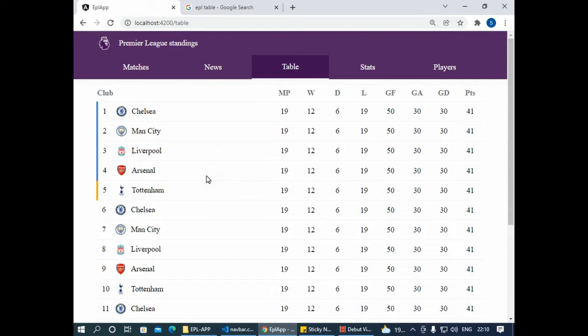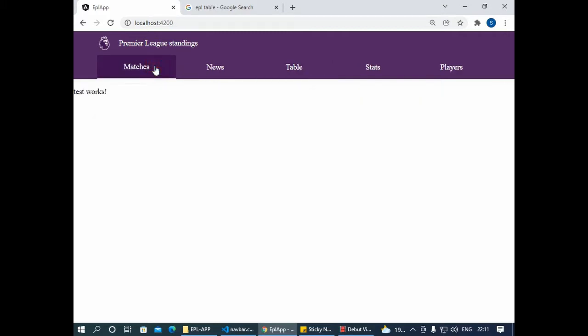So in this video we'll be covering creating this English Premier League standing navbar component. What we'll be doing is creating this beautiful navbar here where the user can hover on the different tabs and route to the different pages through clicking these tabs. The idea is that as the user clicks on a tab, it will route to a